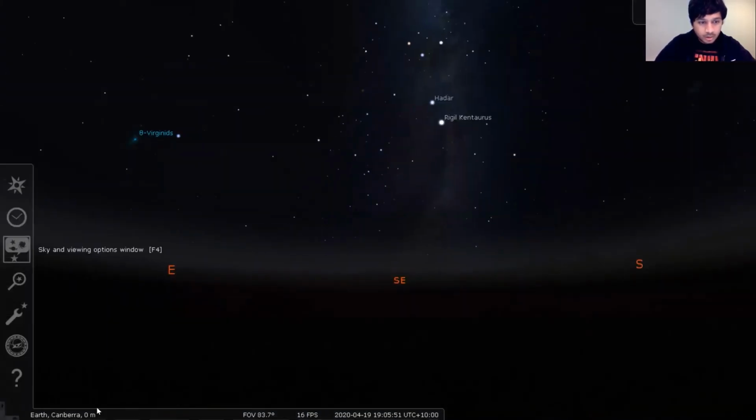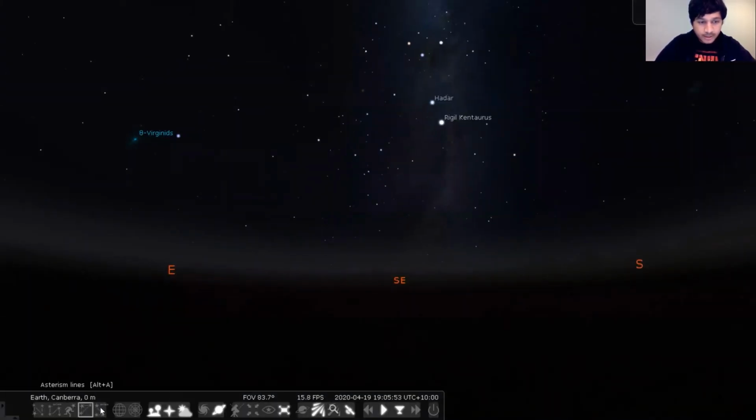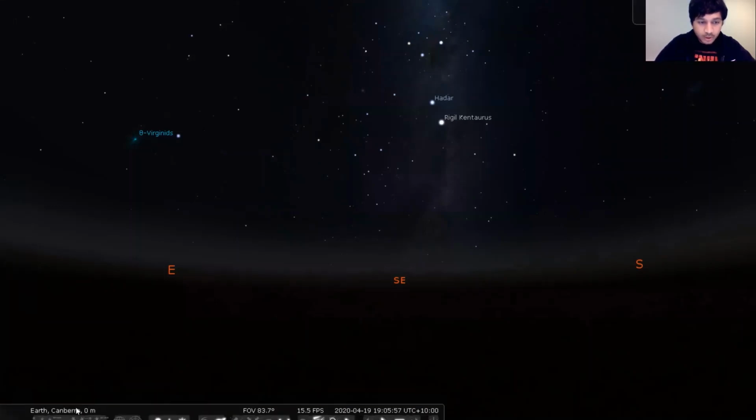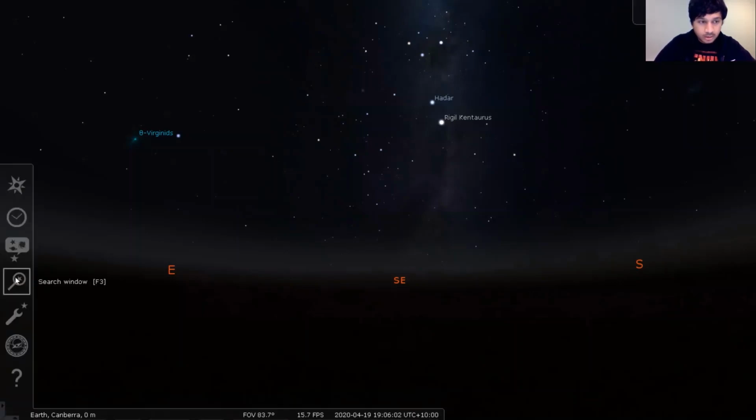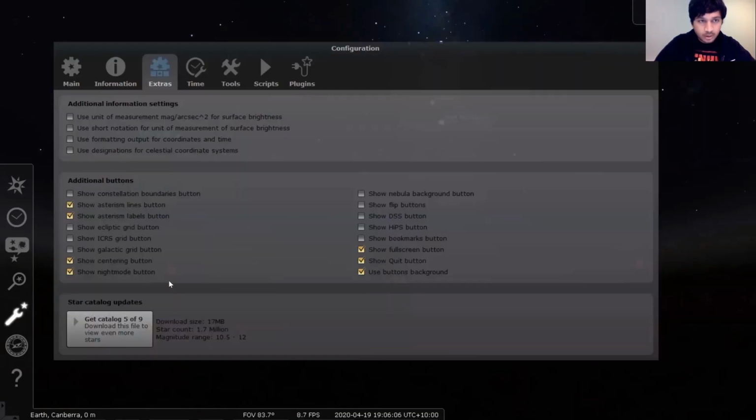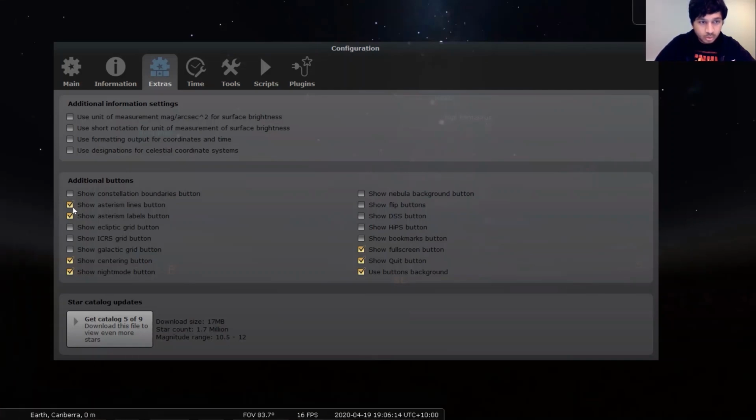Secondly, to get the asterism lines and asterism labels buttons, you don't have these buttons in this toolbar by default. What you should do for that is go to the configuration window, and in the extras tab, you find which buttons you want to see in this toolbar. So you should have the show asterism lines button and show asterism labels button boxes checked.